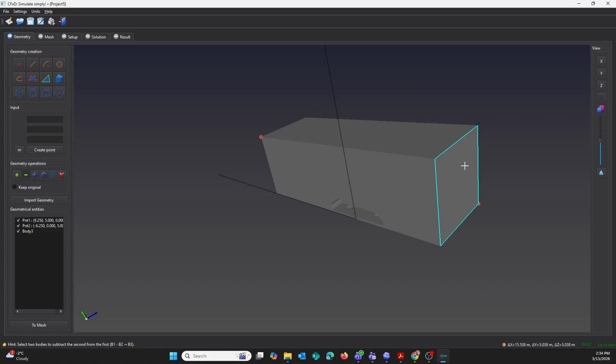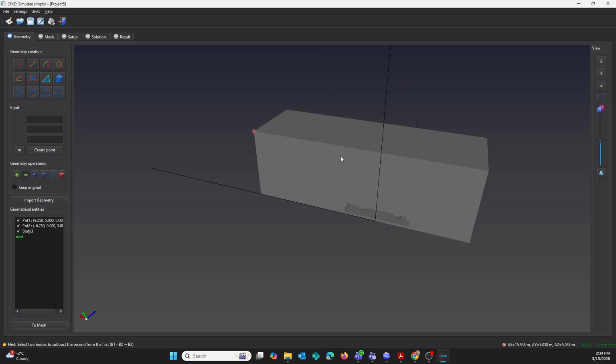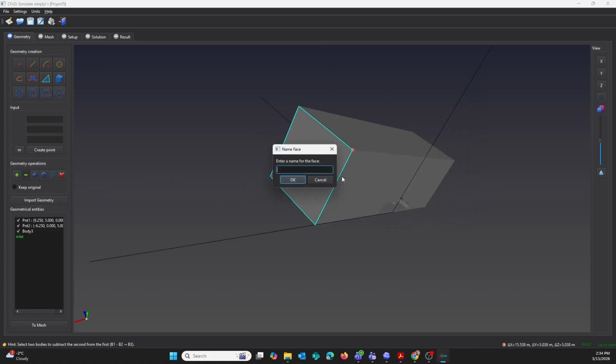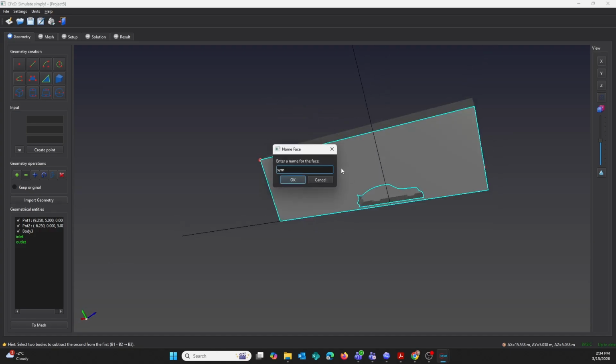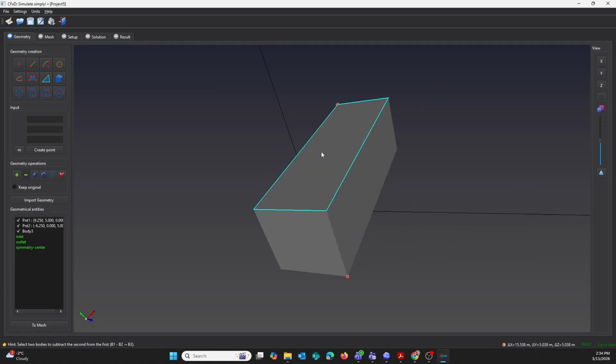To name, we will right-click on the front and call it inlet. Similarly, we will right-click on the backside and call it outlet. We'll also call the side of the box with the car symmetry center. For simplicity's sake, we will also name the top and side opposite of the car symmetry. We can do so by holding Ctrl and right-clicking on both. For the remaining floor and car faces, they will all be automatically named walls, so we can just move to